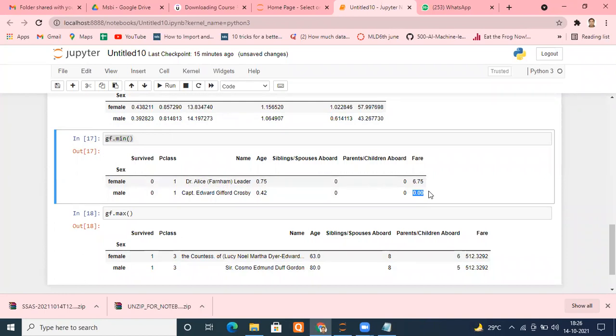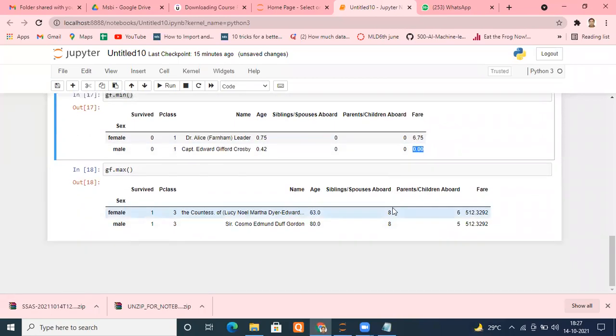Means you go to a company and they may give you a sheet, and in this sheet they may ask you, please tell me, was it the case someone traveled for free? What is his name? Tell me. If he traveled, what was his name? What was his age? Something like that. So all these things you can do easily. I hope you get an idea now. Is it fine, everyone? It's a very, very important function, the group by is.